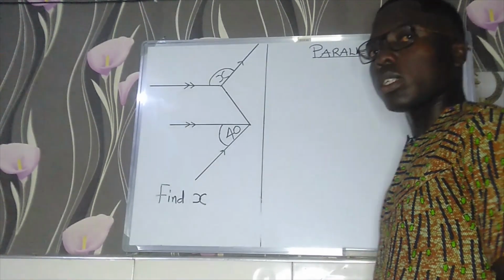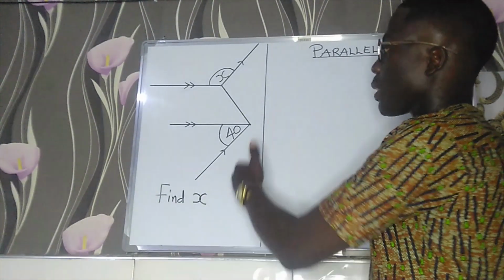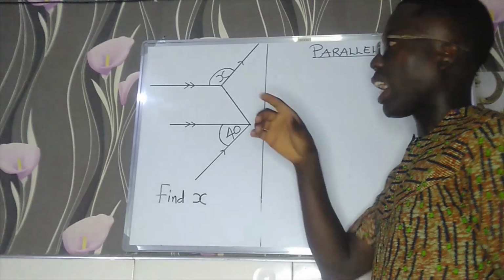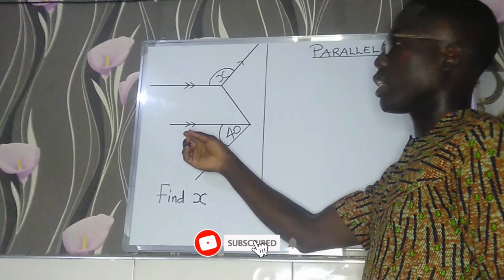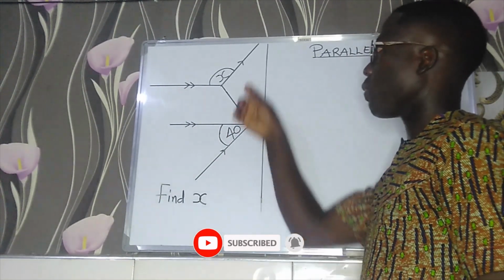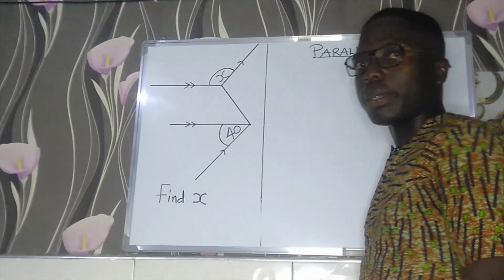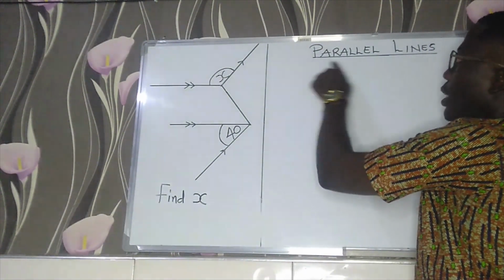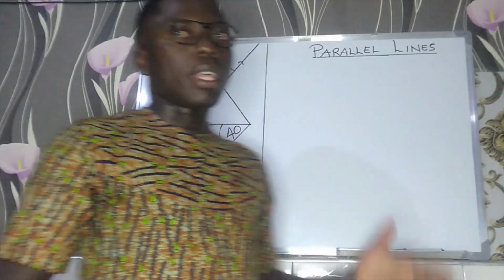And in today's episode, we'll be solving this particular question. In this question, you see straight lines joining each other, and then we have arrows on them. You see two arrows here, two arrows here, one arrow here, one arrow here. All these arrows have their meaning, and they also have to do with parallel lines. So we will get into parallel lines, and after explaining everything on parallel lines, then we'll get into the